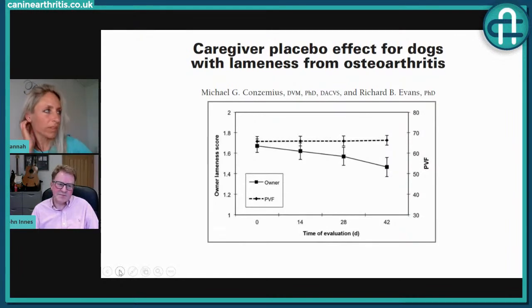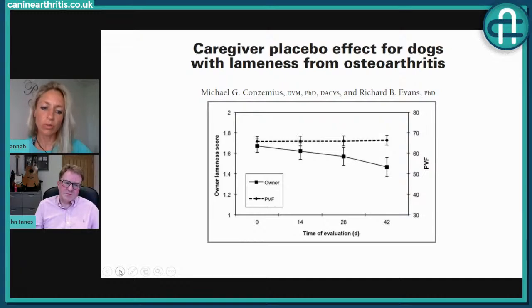Yeah, I think there was a paper looking at whether people should have access to what they've written before. So in theory, you would think if people had access to the previous scores, then they would be more likely to let that influence their subsequent scoring. And you would think that would really encourage this caregiver placebo, but I think it didn't show that, which was a surprise. Yeah, it's a very controversial area. It has been for a long time.